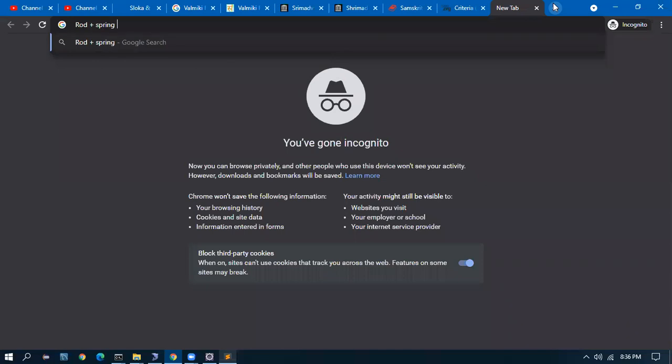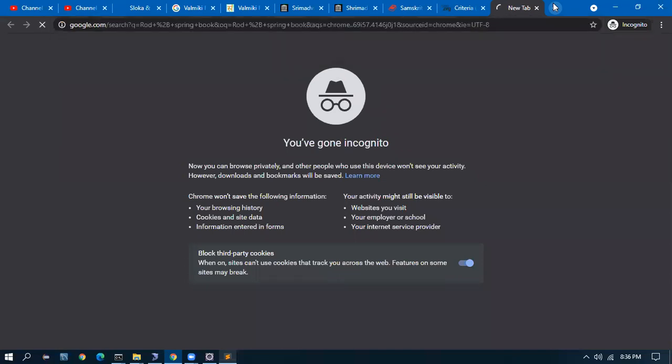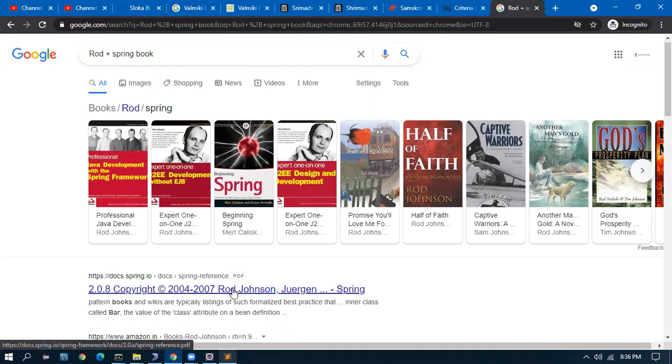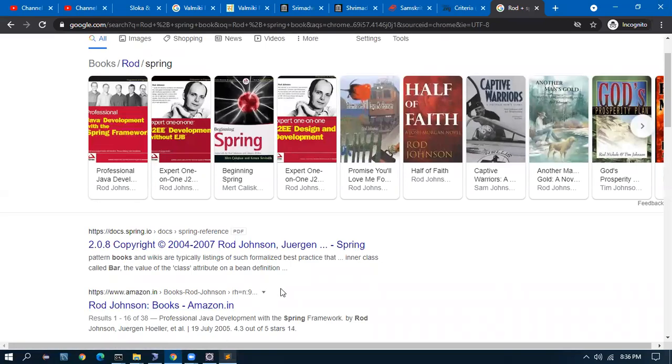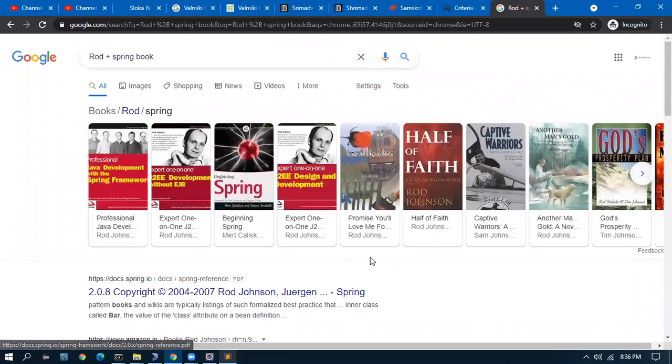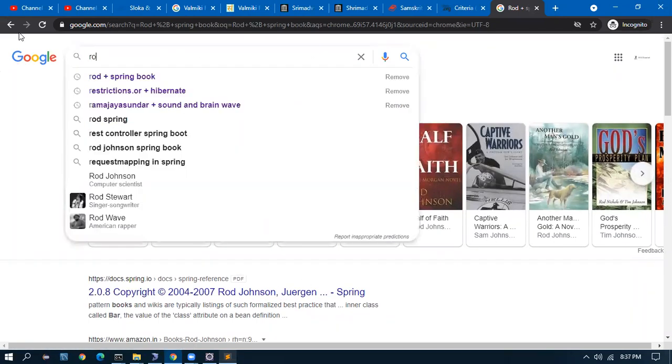Rod Spring book, which is... Rod Johnson, yeah. And this book name I don't remember.